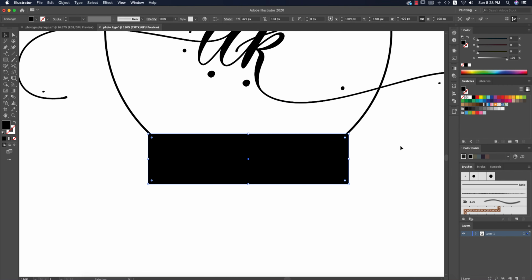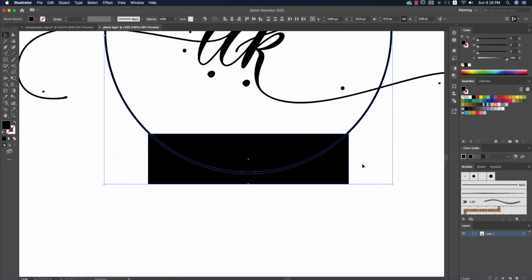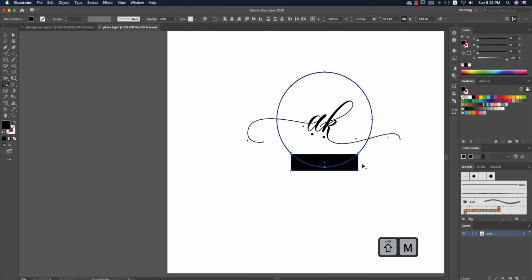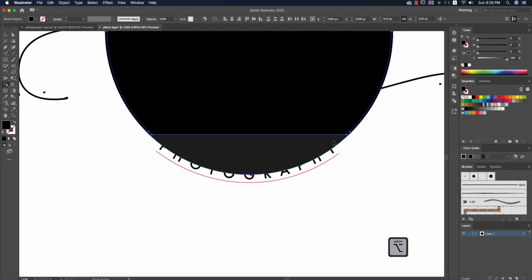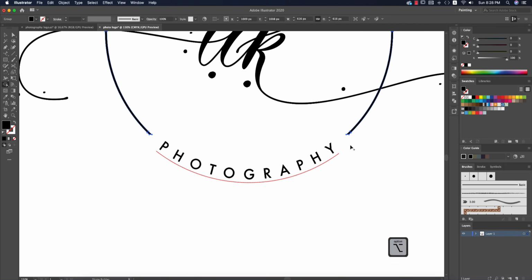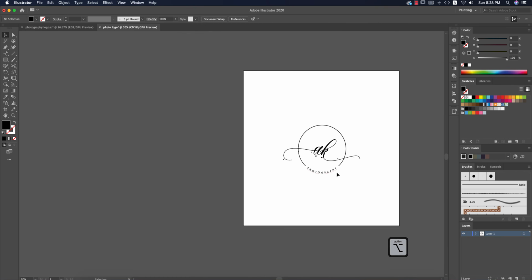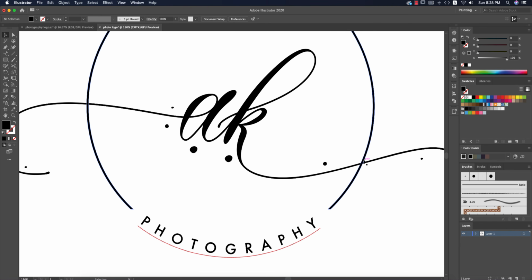And select this rectangle and the shape, and Shift M from the keyboard, Shape Builder tool, and press the Alt or Option button and delete the portions properly like that. Yeah, that's fine. And now this portion, if you want to make something new or a gap over there, you can do that. So taking the square shape